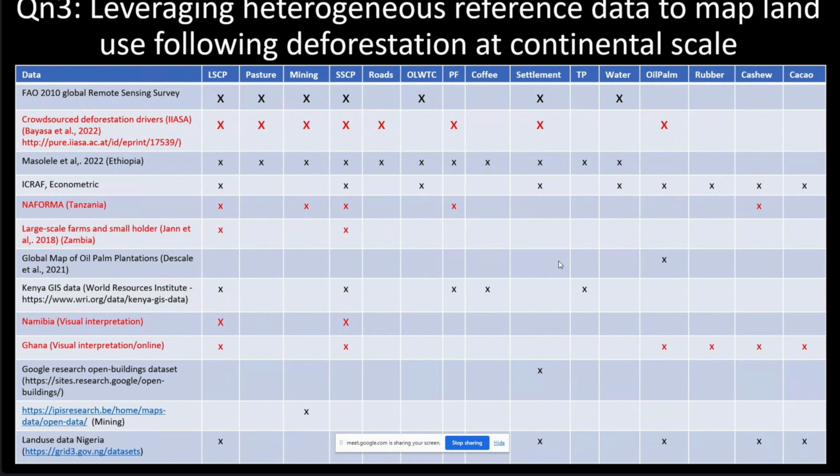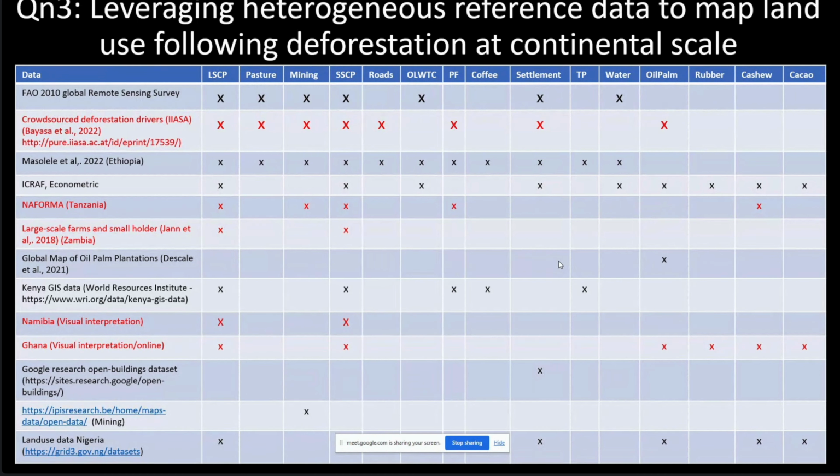However, that is really challenging. So we just tried to grab data which is available from any source we were able to get, and use those data for developing a deep learning algorithm to identify the land use for deforestation at the